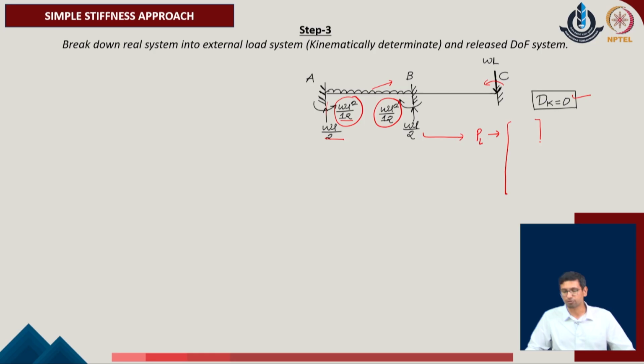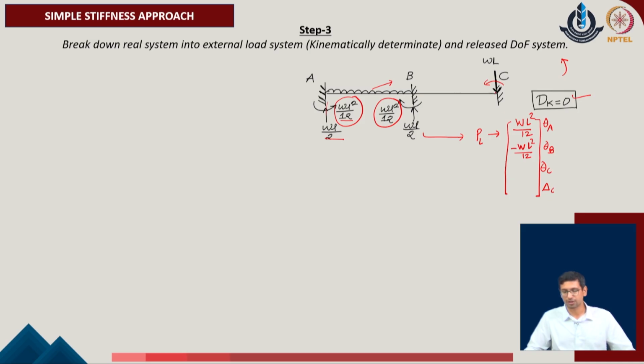So, we can identify the set of forces, the fixed end forces of the given system, in the individual directions of these 4 degrees of freedom, which are theta A, theta B, theta C and delta C. We realize that these values appear as W L square upon 12 for the first point. It is positive because the reaction response is anti-clockwise, which is positive as per our sign convention. Theta B has been evaluated with minus W L square upon 12, which is opposite to the positive sign convention of the given system.